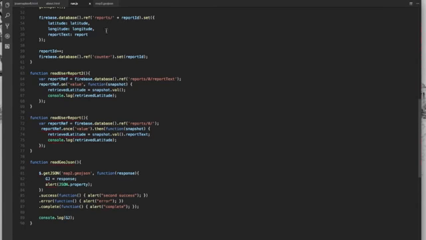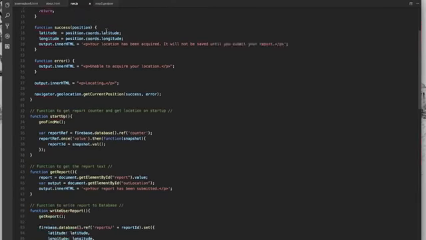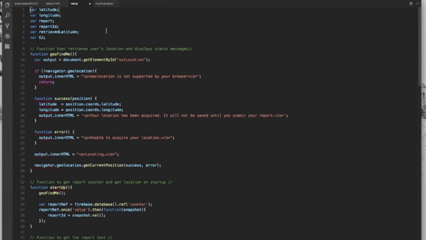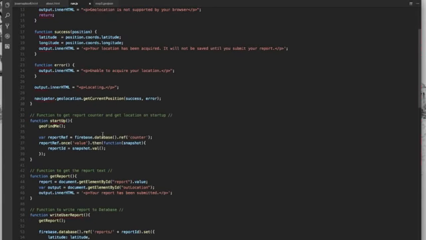Next, we have our run.js JavaScript file, which houses most of the functions that were used in the HTML file. So we started off by declaring some relevant variables, and then we start declaring the functions. We start off with a function called geofindme that basically acquires the latitude and the longitude of the user's location. We continue with another function called startup that is loaded together with the body of the HTML and basically acquires